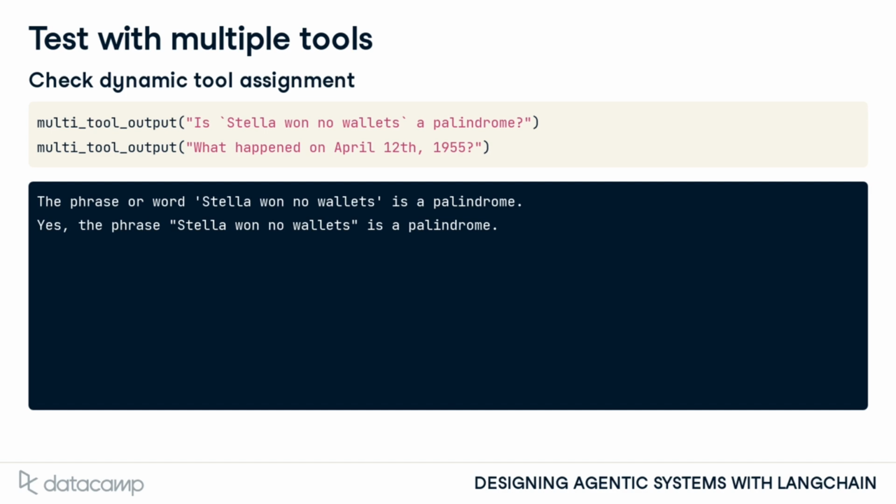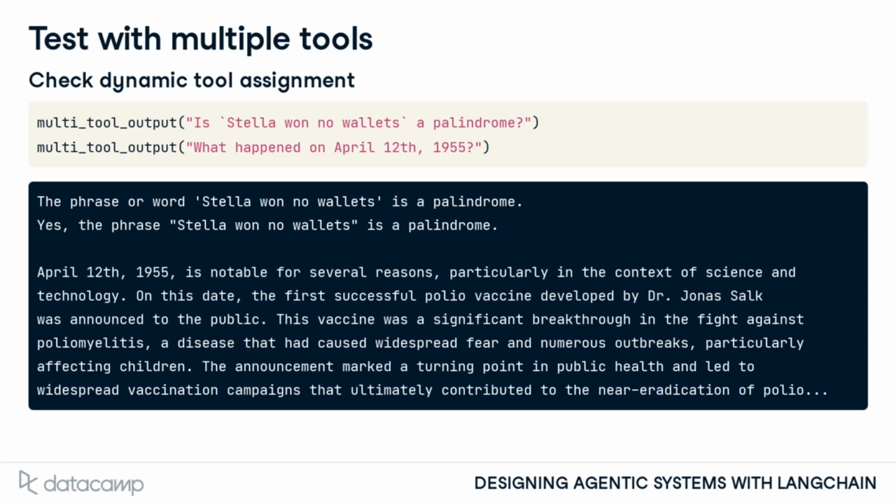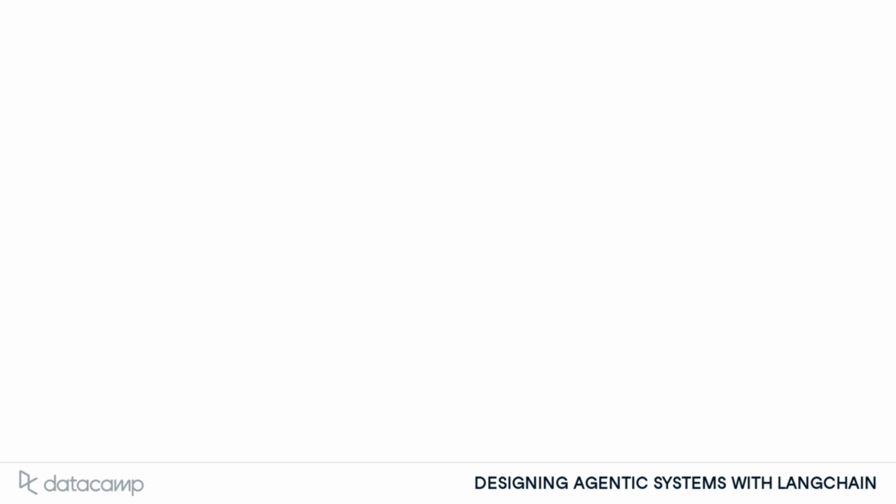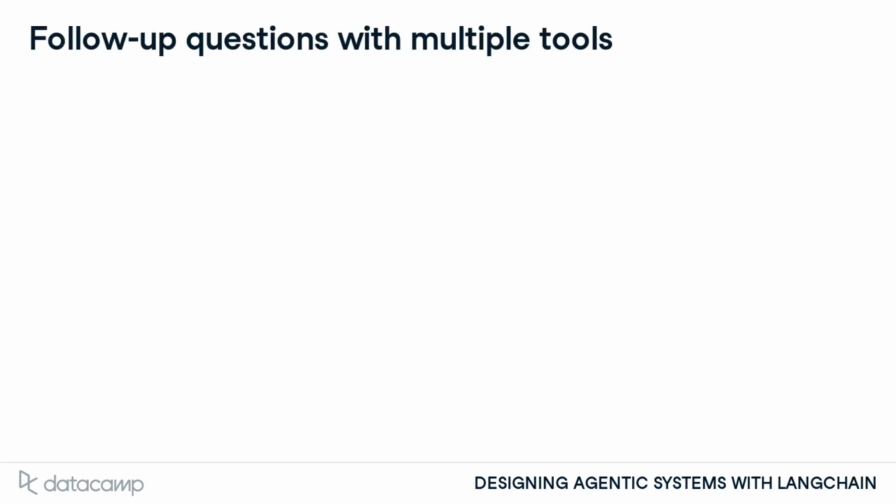Here, the phrase in the first query is labeled a palindrome, with additional comments from the LLM. The next query, referencing a date, returns information about the polio vaccine breakthrough, which we've abbreviated. Once again, the tool response is followed with an LLM refinement. We can modify this function to handle follow-up questions as well as multiple tools. We'll call the function